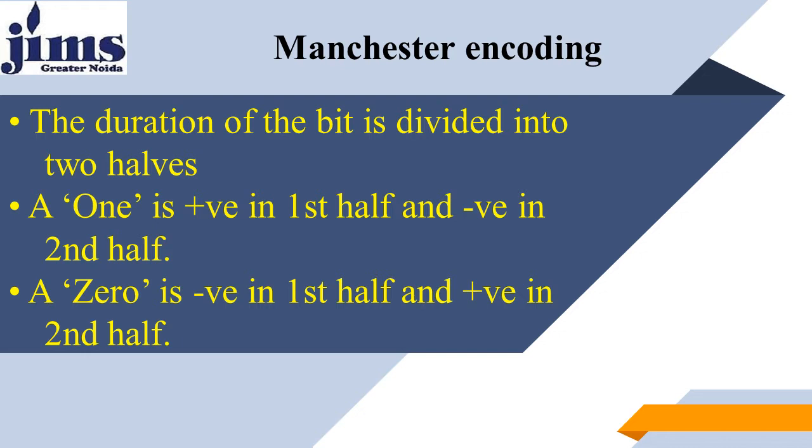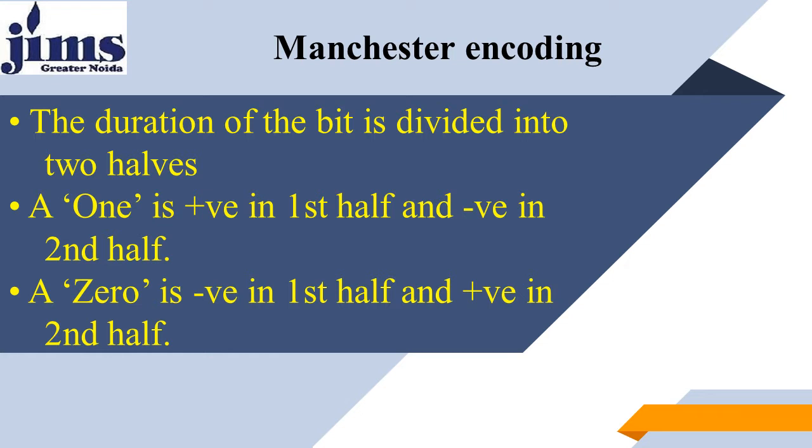Line coding is used to give the shape of a signal for the number of bits that we have in digital communication. Because in digital communication, the data that we have is in the form of 0 and 1, but that 0 and 1 doesn't reflect the digital signal. So you have to form a digital signal from the digital data, and convert this 0 and 1 into a digital signal. For that purpose, different types of line codings are available, and we have already discussed many of the line codings in previous lectures. So this time we focus on Manchester encoding.